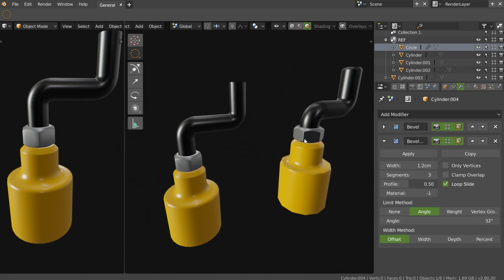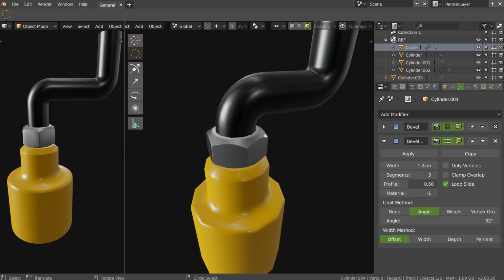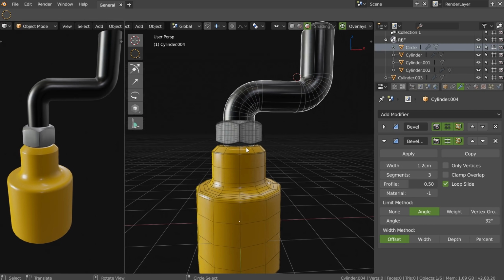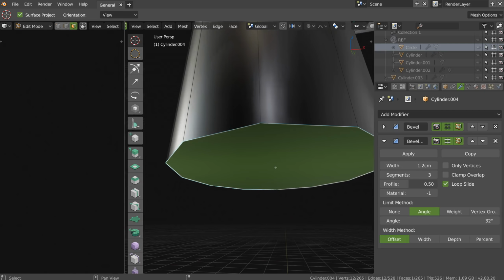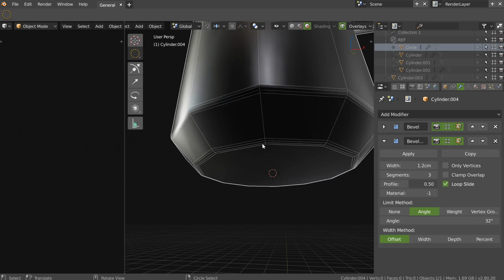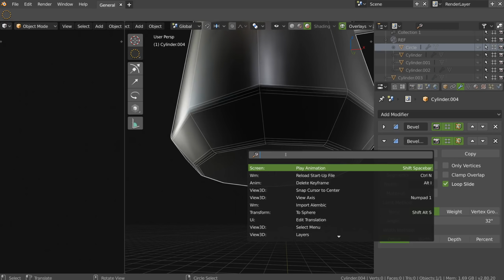This is nice. So I will hide everything. It was difficult. Honestly, that was really difficult. I should maybe, where is my center? So I will press Shift H, select this face, Shift S, cursor to selected, go in object mode. I don't remember the origin.